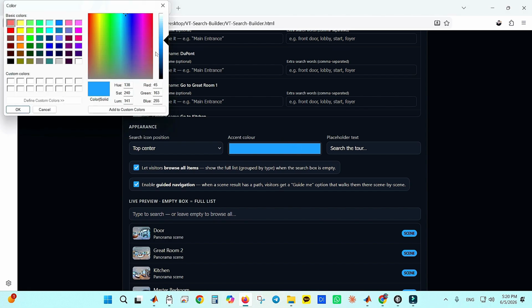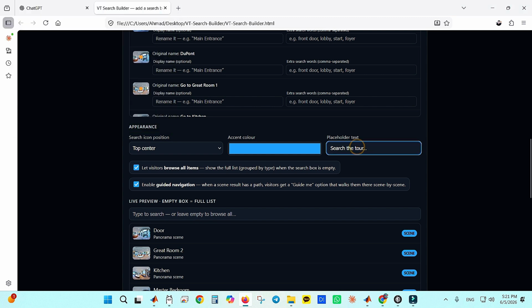This color will be the color of our search element, which will appear in our virtual tour after everything is set up. And this text box, here you can set the default phrase that this text box will display to your users, and actually it will persuade or inform users that they can search here and find their desired element. You can write it in this section, and by default it is set to search the tour.